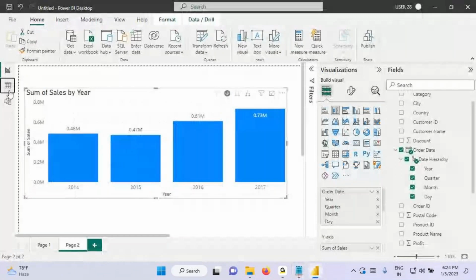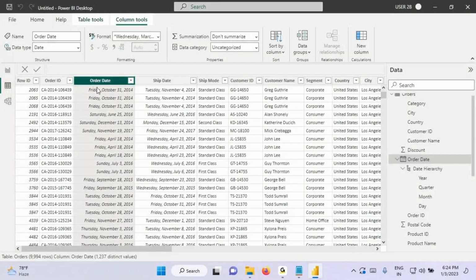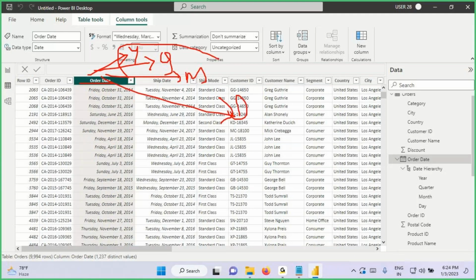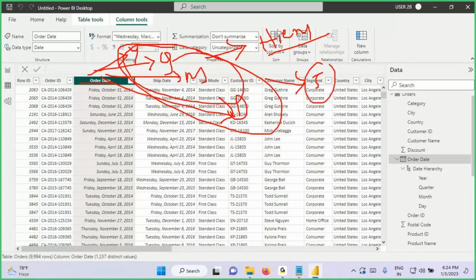What Power BI is doing currently is, from the order date column, it is deriving the year, quarter, month, day. Using those 4 columns, it is creating one hierarchy. Now what they are telling is, I don't want these 4 levels. Instead of 4 levels, they're expecting 5 levels. Along with deriving the year, quarter, month, day from the order date column, you need to derive week